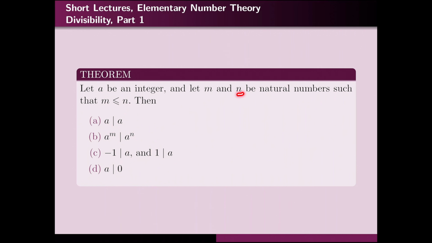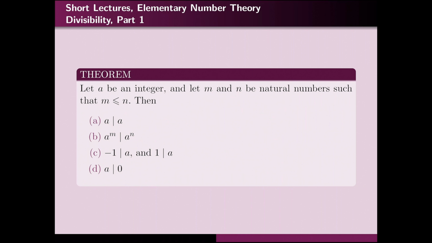That m and n have to be natural numbers, not integers, is very clear, because when you say integers, it means that it is possible that m and n might be negative numbers. And then if m is a negative number, say a to the power of minus 2, that is not an integer. And this symbol does not make sense unless what is on the left and what is on the right are integers. If they are not integers, we cannot talk about divisibility. Divisibility is something defined only in the realm of integers.